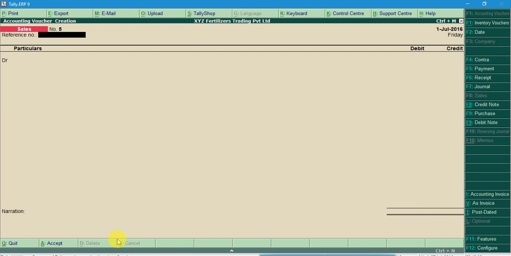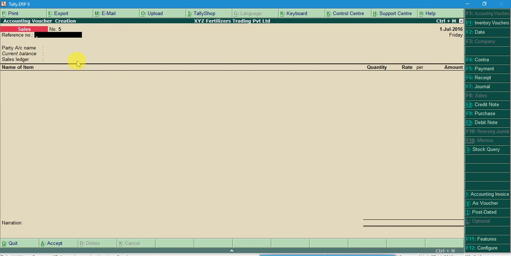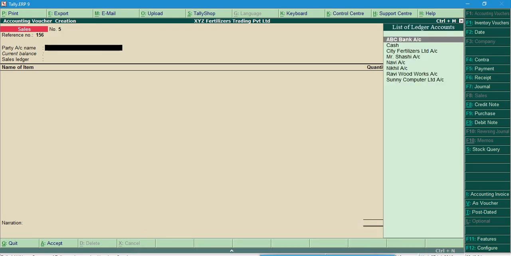Let's enter this similar accounting voucher in as invoice mode. This is the reference number that you have to fill, bill number 156. The party name, the person purchasing goods from us, is Navi.